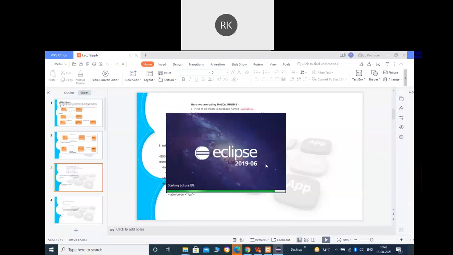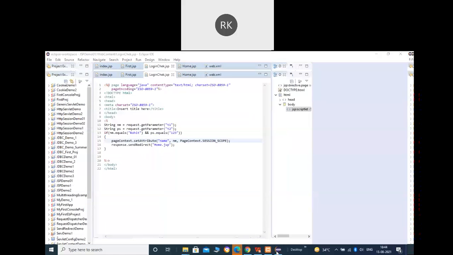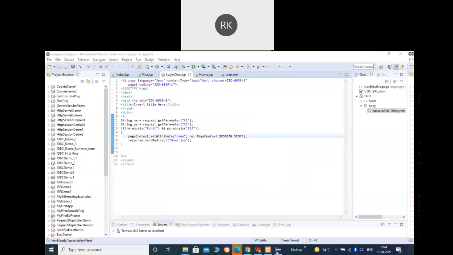It will be taking some time to load. Okay, so first of all, let me close the open project. It will be taking some time to load.